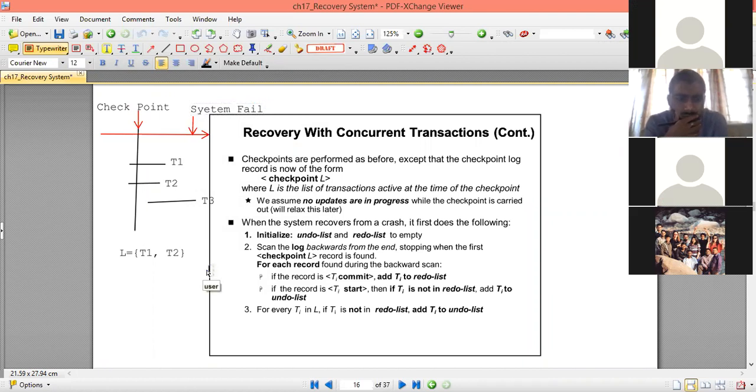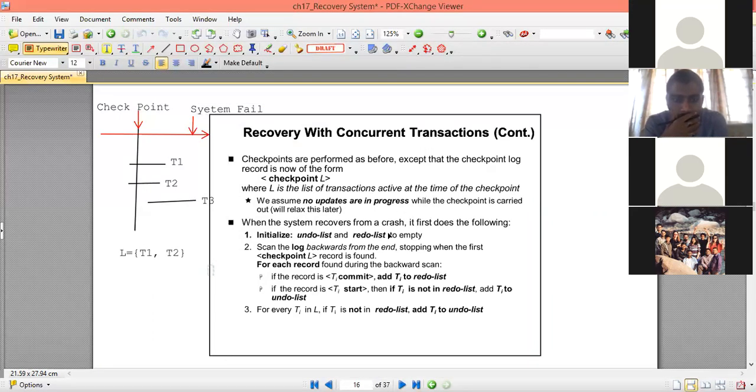The system failure occurs at this point, so we have to decide on that. At the checkpoint, the active transactions T1 and T2 will be stored in L. We assume that no updates are in progress while the checkpoint operation is carried out.